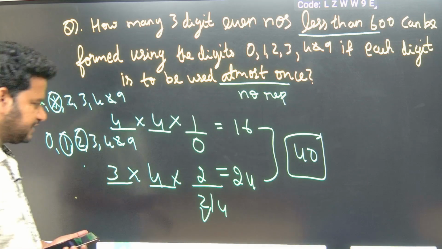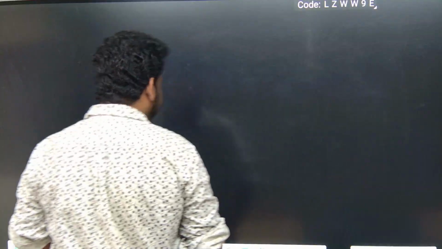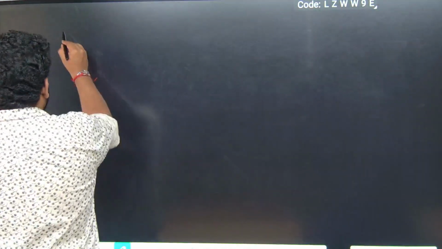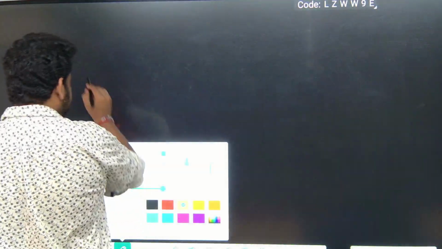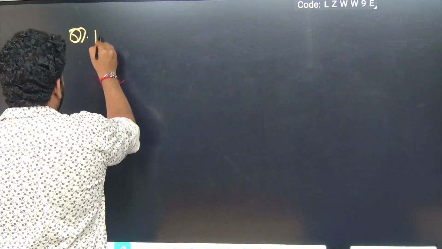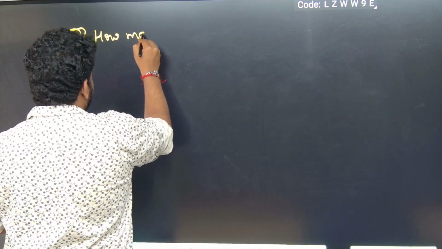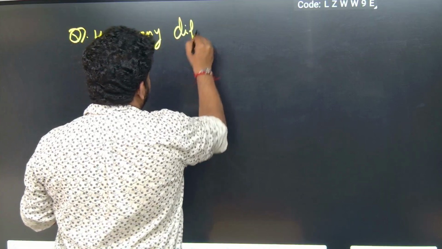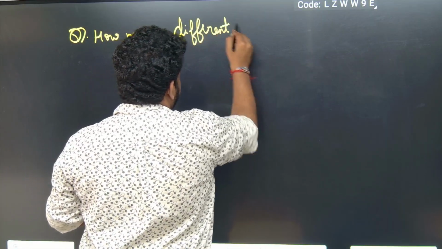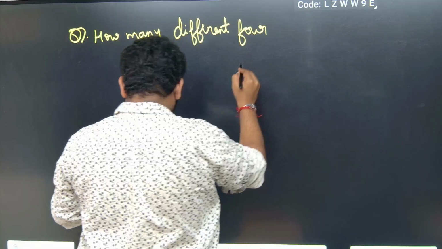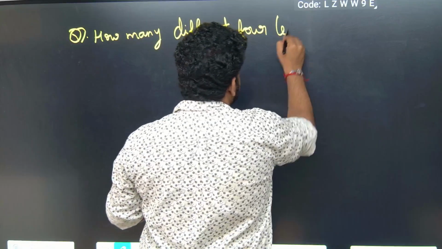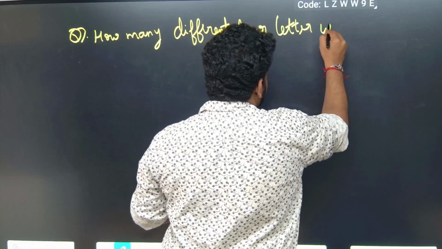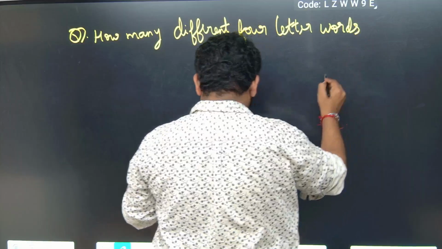Let us look at a different type of question. This is also based on the fundamental principle of counting itself. Let us have a look at the question. They are telling, how many different 4-letter words can be formed